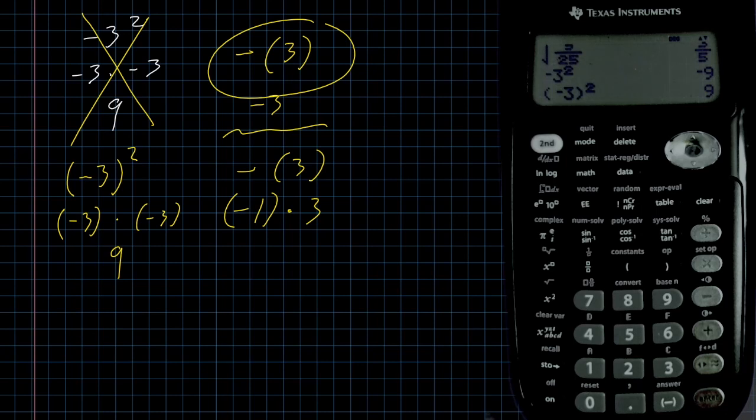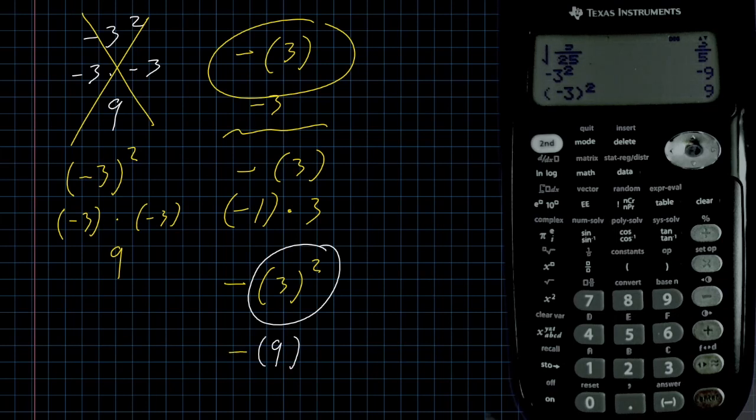And if you remember the order of operations, which we will talk about in depth a little later, multiplication happens before exponents. So if I have the opposite of 3 squared, the calculator is going to interpret 3 squared first,